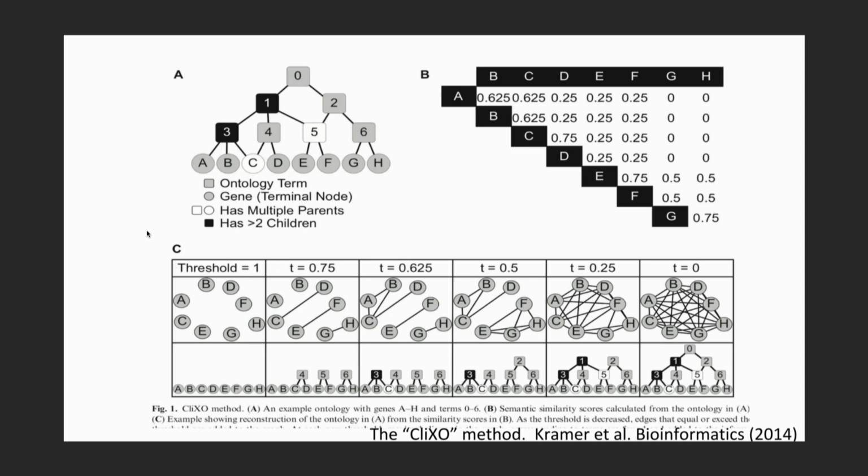So let's just say we have these 8 genes, A through H. Here's the real hierarchy. That's the gold standard you start with. You flatten it, just looking at distances through this hierarchy, and you get an adjacency matrix that looks like this, okay? And so the higher the number here, the closer in the hierarchy. So E and F are very close, so they have a very high number, 0.75. C and D are very close, so they also have a 0.75, and so on and so forth. Where A and H are very far, so A and H have essentially a 0 here in this scoring scheme, okay?